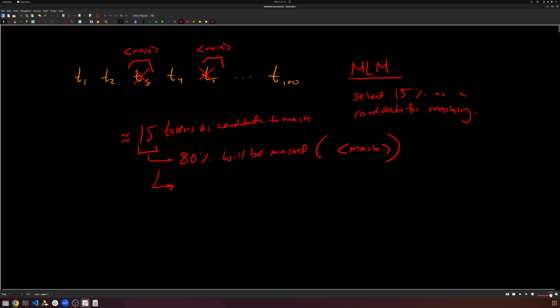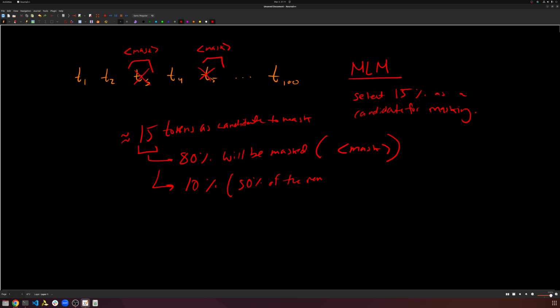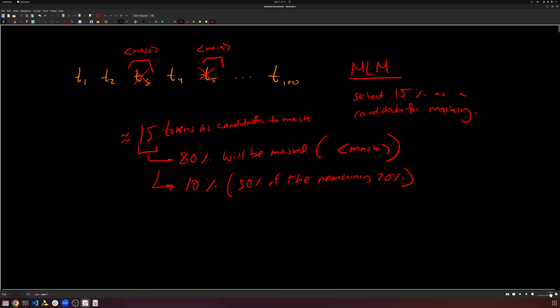So first of all, 80% of the 15 is going to be masked, right? So what we have left is 20% of the 15. So we're going to do 10% of the 15, or 50% of the remaining 20%, because we have 20% left, right? So 10% is 50% of 20%. It's half of what we have left. So we will flip or randomly fill